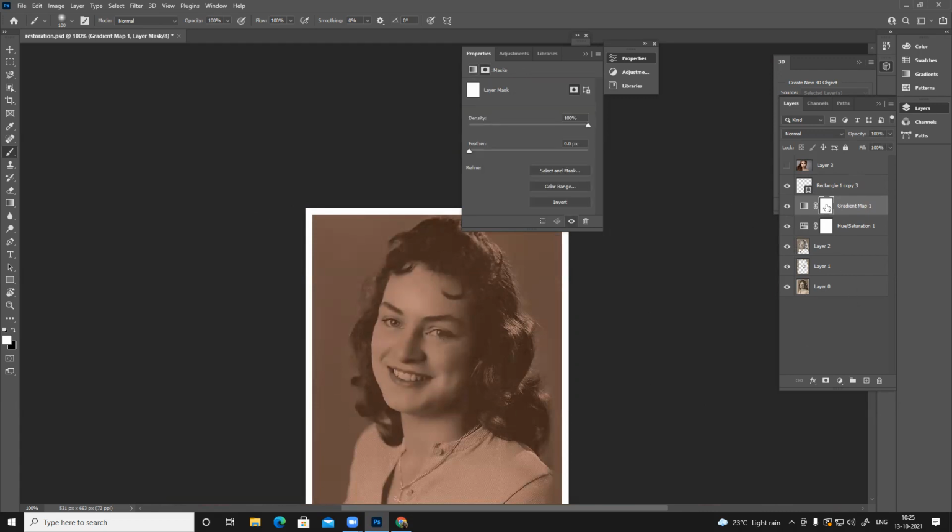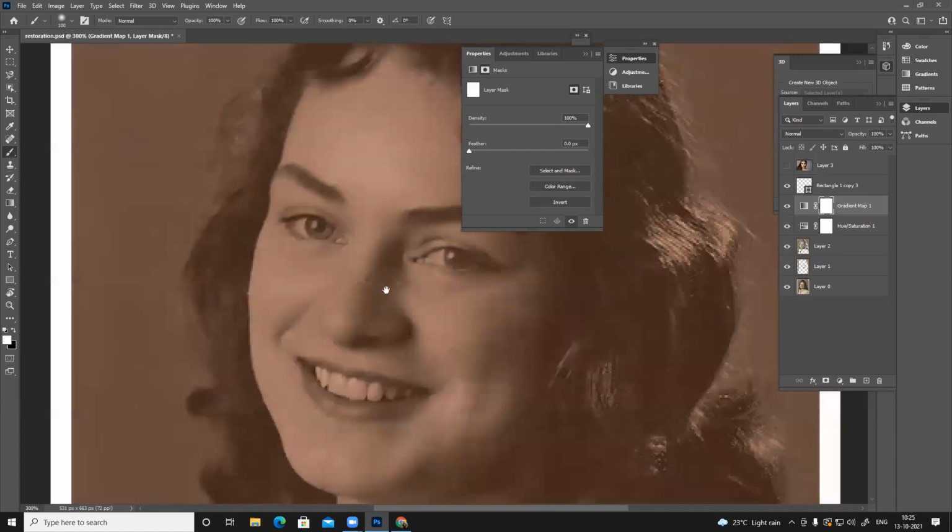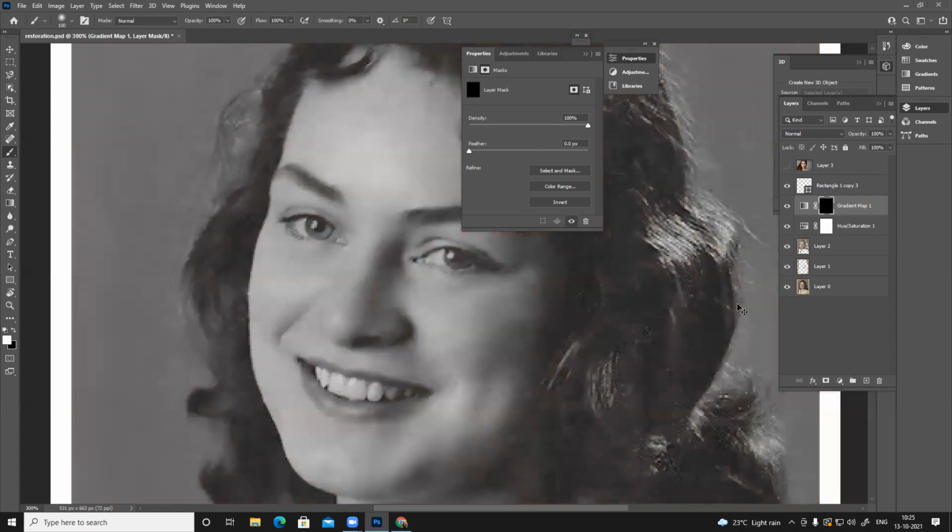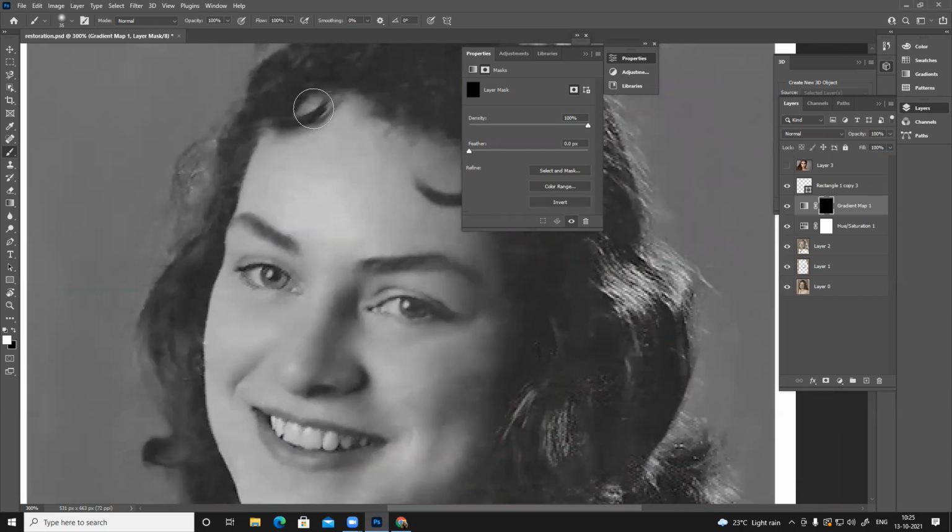So I'll go to mask, select the mask, take a brush, fill, Control Backspace to fill black, Alt Backspace to fill white. We'll use that. Foreground, background will fill it basically. Now I want to paint white, and face only, skin area.